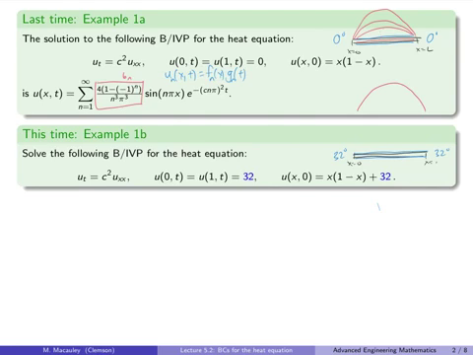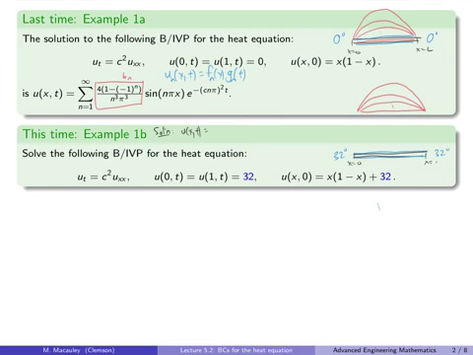So it's not hard to use your intuition to see what happens as time goes on, that this is going to flatten out, and eventually, over time, the bar is going to approach a steady state of 32 degrees. So how does this function of x and t compare to this one up here? Well, obviously, it's just shifted up by 32. In other words, the solution to this is just u of x,t equals the solution to